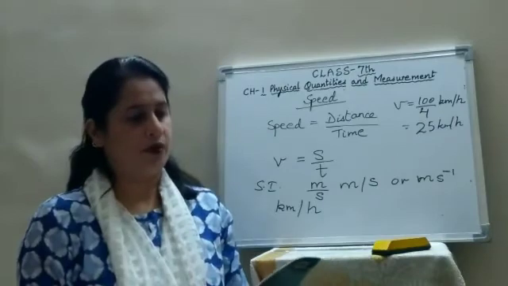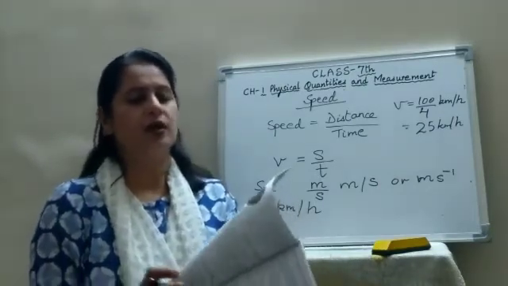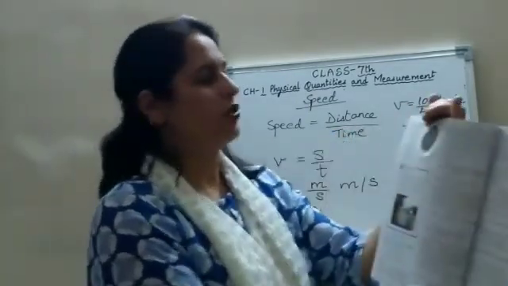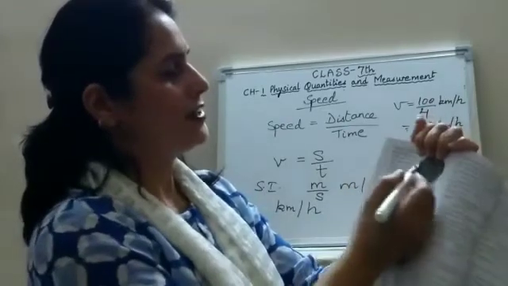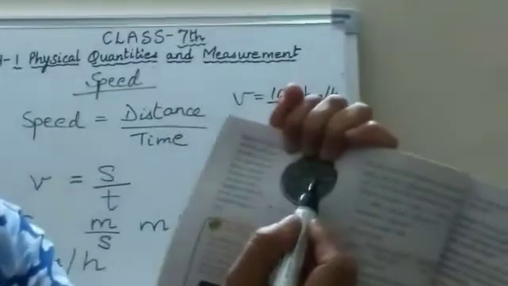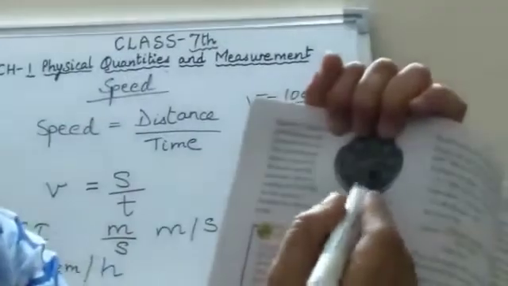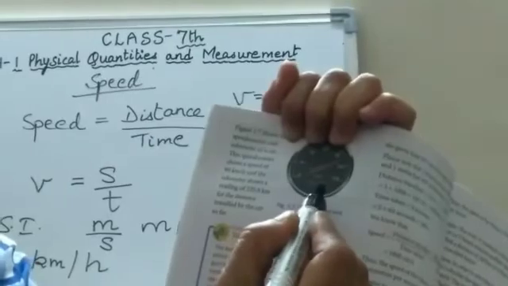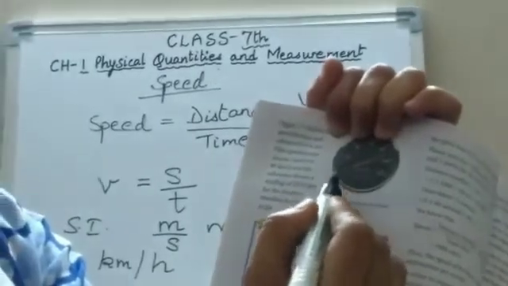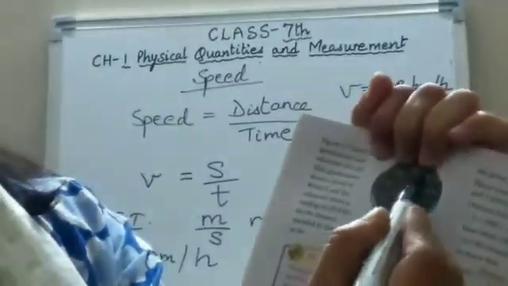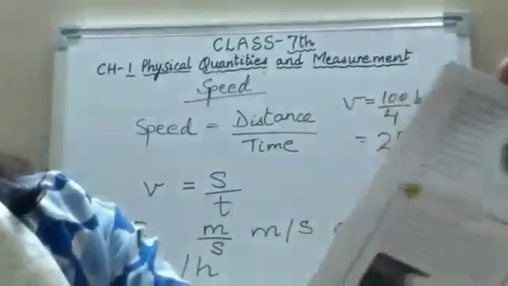Now, this figure, see page number 18. The figure shows the speedometer and odometer of the car. At this instant, the speedometer is showing a speed of 90 km per hour. And this is the reading of the odometer, the distance covered, which is 235.8 km. And this is the distance travelled by the car so far. And at that instant this needle shows the speed of the car.